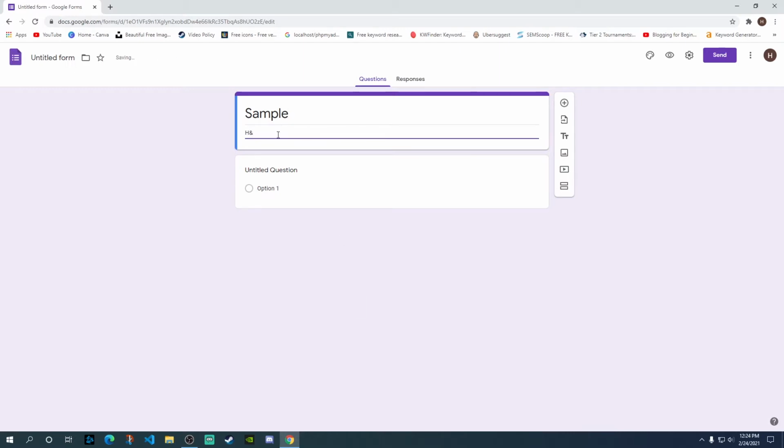Let's say just name this HNS Academy. You could add some detail over here, or you could possibly change the name to HNS Academy and then add some information that it's about tech and informational content. So you can name it over here by clicking on the untitled form as you will get it initially. Just rename it, and then you can add some description depending on your individual requirements,